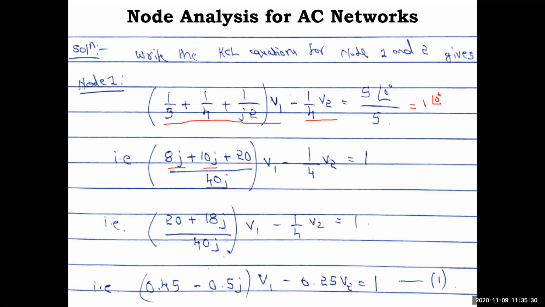And minus 1 by 4 v2 is equal to 1. So this is nothing but 1 plus 0j, which I am getting after conversion from rectangular form to polar form. Okay, so how to do this? I will share a small video, just go through it. It moved to landscape mode, but just try to understand the voice, so that you will understand.